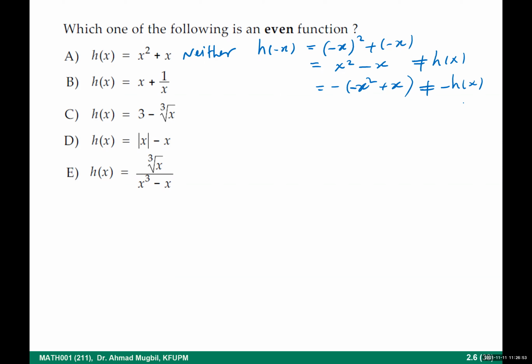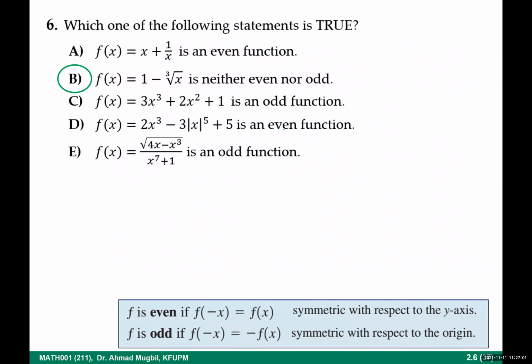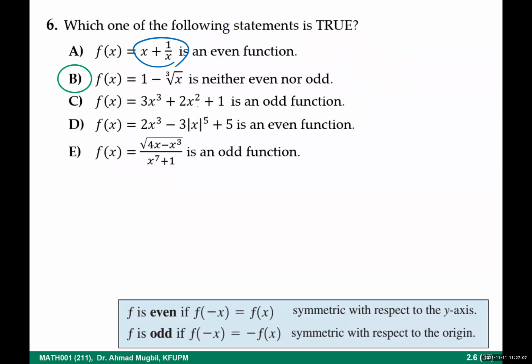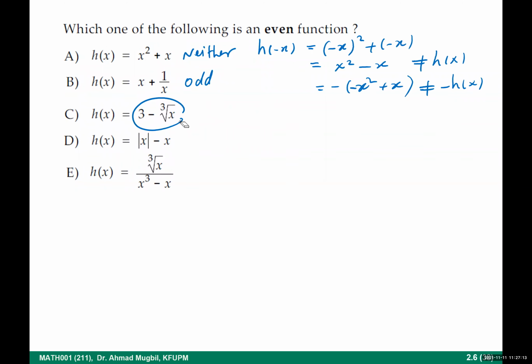Similarly, you can of course justify the others. This one, oh, we did it. This one is odd. We showed it here. You remember? This one, also we showed it here. Just there it is 1, here it is 3. For this one, also,